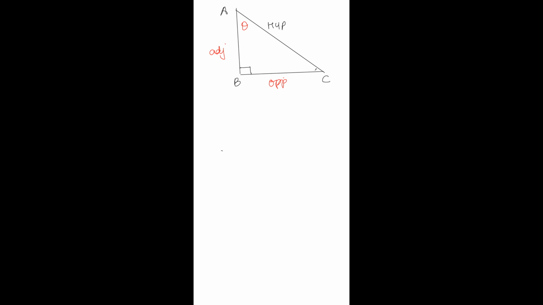Now, which acute angle has to be selected? Do not worry about that. That will be given to you in the question. But for our sake of study, we are going to fix angle C and mark it as theta. Now, from this theta point of view, we take AB to be the opposite and BC as the adjacent.